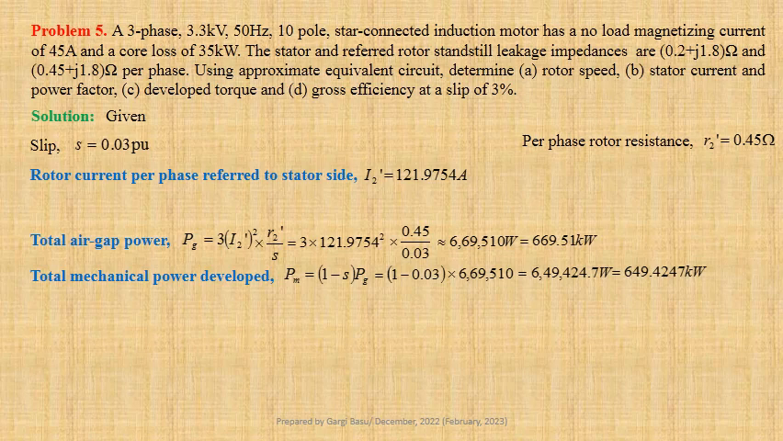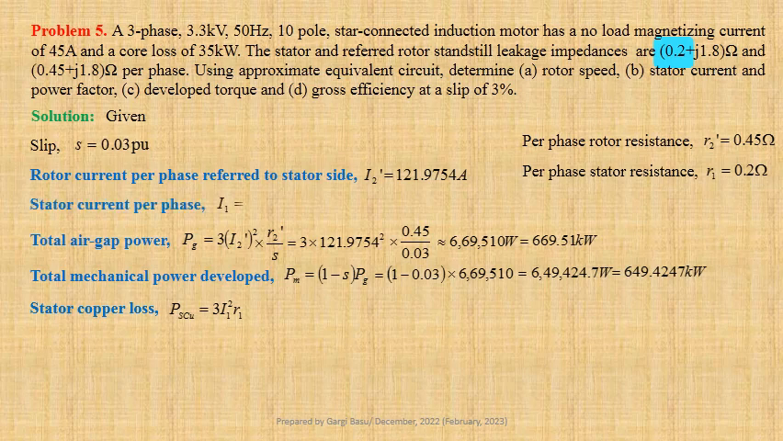Now we shall calculate stator copper loss. P_S copper equals 3 times I1 square into R1. Given per phase stator resistance R1 equals 0.2 ohm. We have computed stator current per phase I1 equals 144.65 ampere. Therefore, P_S copper equals 3 into 144.65 square into 0.2, which is approximately equal to 12,554 watts